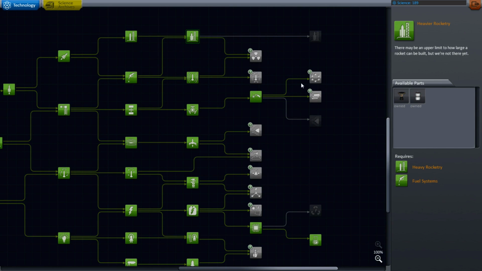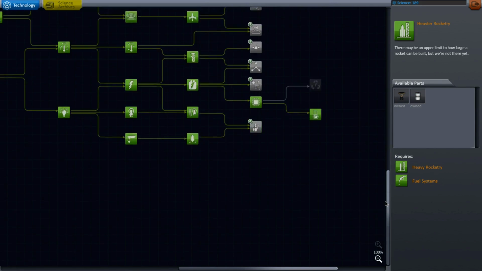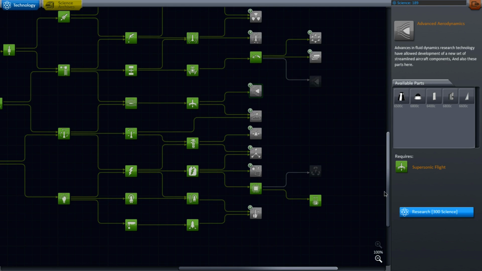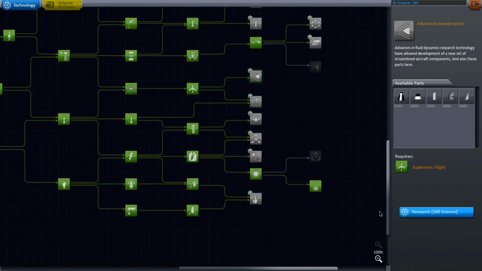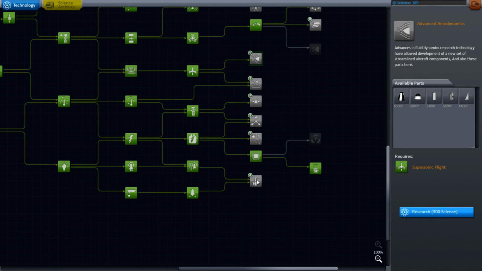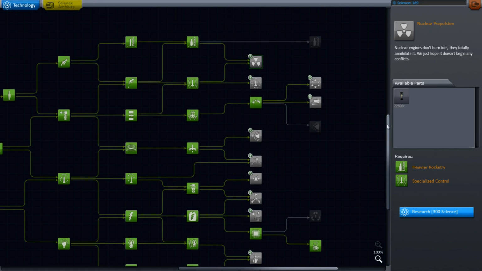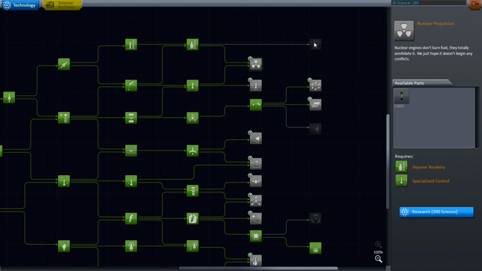So there we go. We have 189 science left. We'll be able to garner more on our next flight. Hopefully we'll be able to garner roughly the same amount, another 400 or so. So if we can hit 411, we'll be able to knock 2 of these out of here. Most likely we're going to want to go after our nuclear propulsion in the hopes that it helps unlock this guy here. RCS fuel is a good one